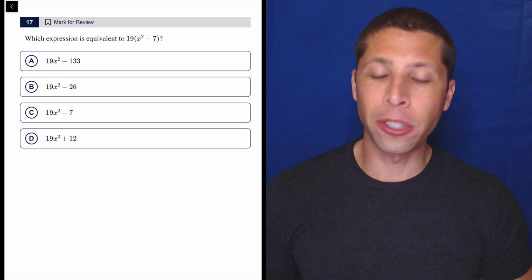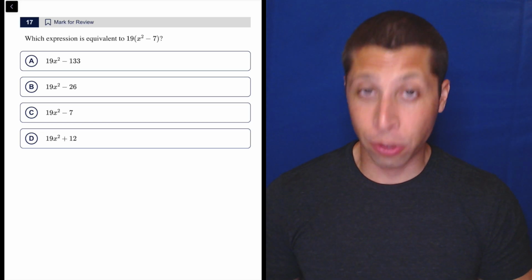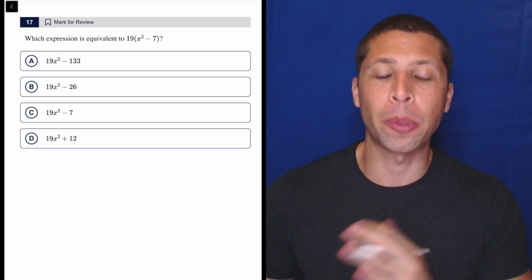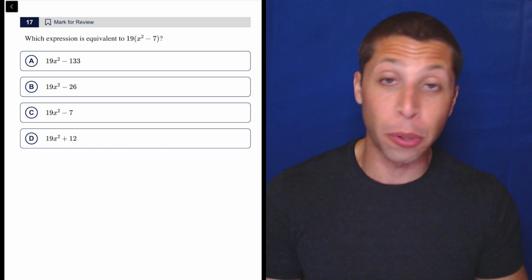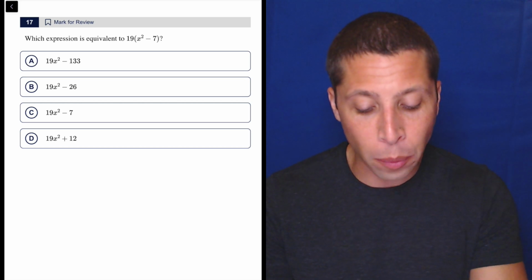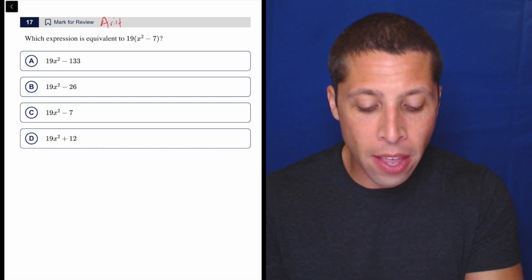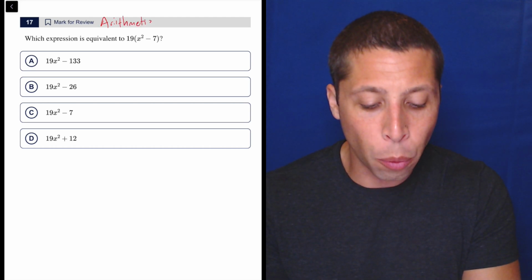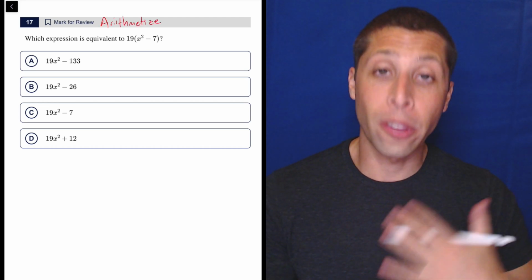This is a great opportunity to practice the arithmetize strategy. Now, yes, the actual algebra here is not that bad. It's simple distribution. But if you recognize that this is where we can arithmetize, where we can make up a number for x, then you're going to be setting yourself up for more success later when the questions are harder,